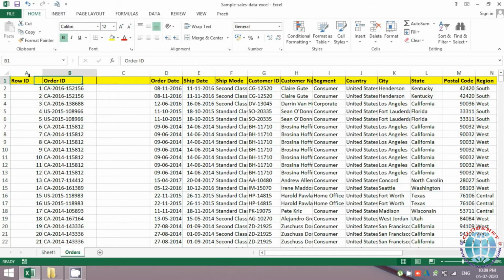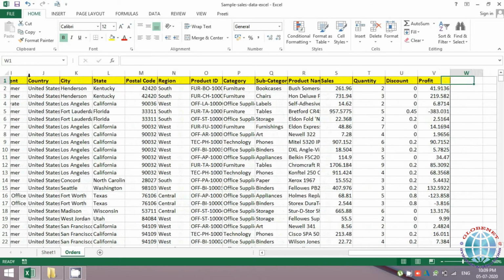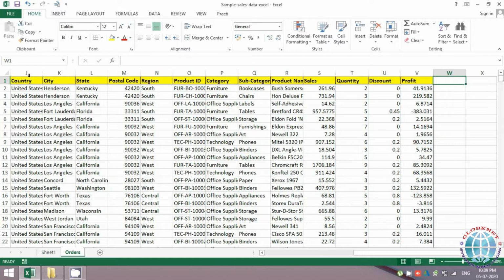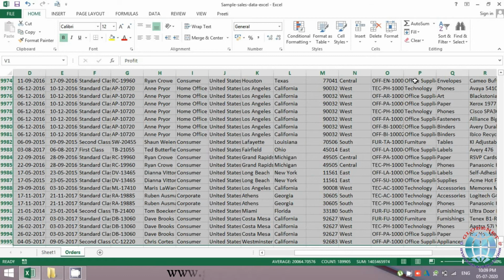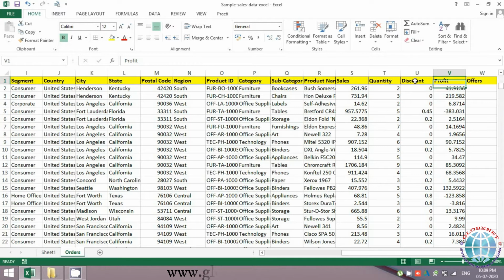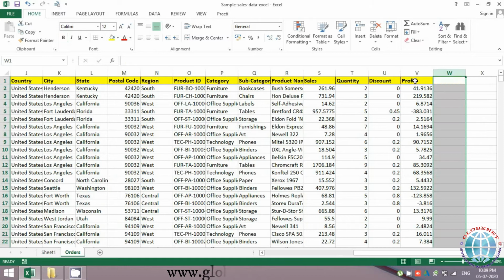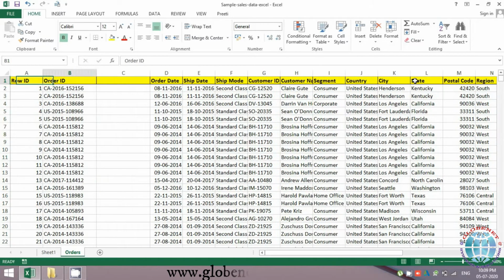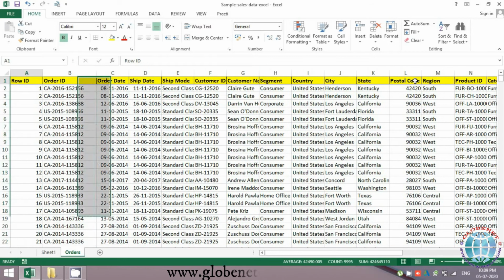But in case you would have added a column at the end of the data, so let's say you've added a column here, some offers or something, this will not get added in your pivots. The reason being because you have mentioned a specific range, so it was from year till year. Automatically the range won't increase, so that's the reason why you would have to come and change your range every time there is a change in your base data. Let's see how to do that.